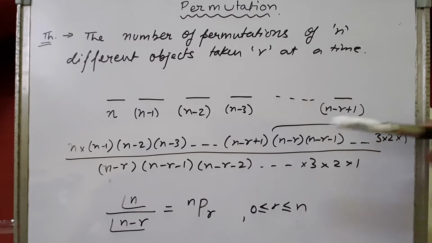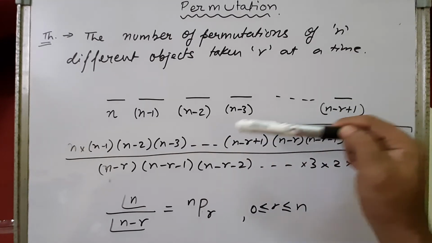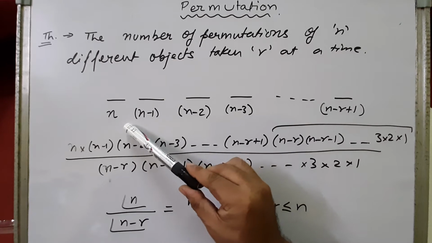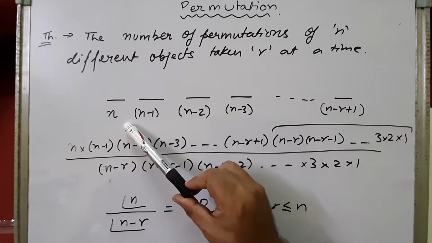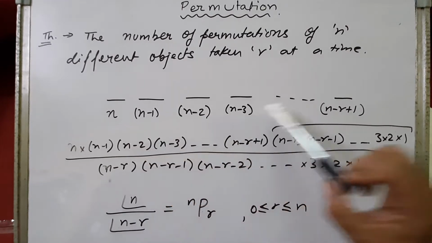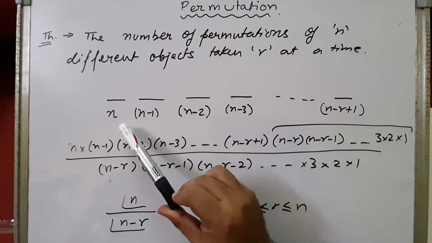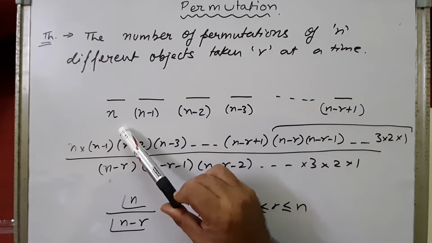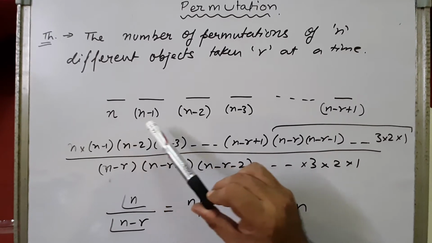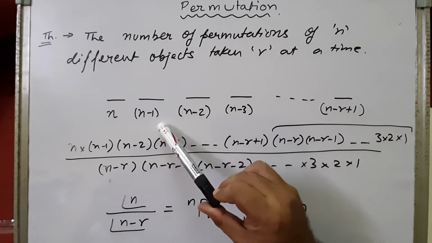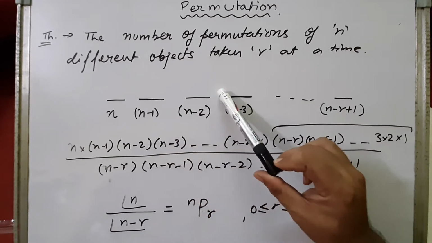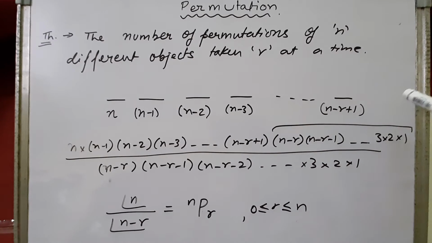Alright, this way we will be doing it, right? In the previous example, when 6 persons were there, for the first seat we had 6 options. That means if r seats are there and n people are there, for the first seat anyone can sit, so we have n options. Now one person has occupied one seat. How many persons are left? n minus 1. That means for the second seat we have n minus 1 options. Similarly for the third seat we have n minus 2 options and so on. For the rth seat we have n minus r plus 1 options.